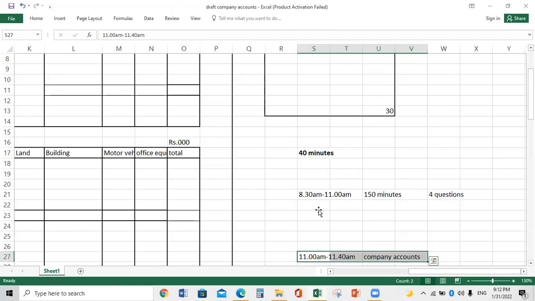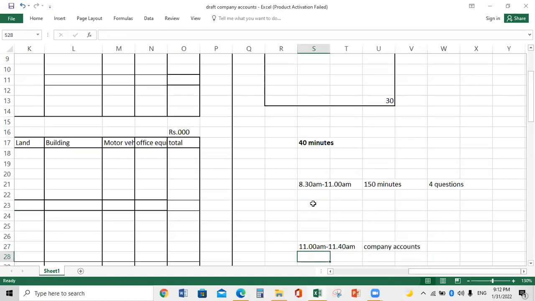So that means apart from the company accounts question, the other questions, that is question 2, question 3, question 4, and question 5. Okay, so this is where you will